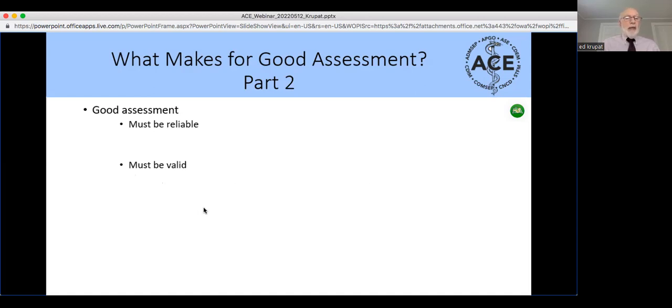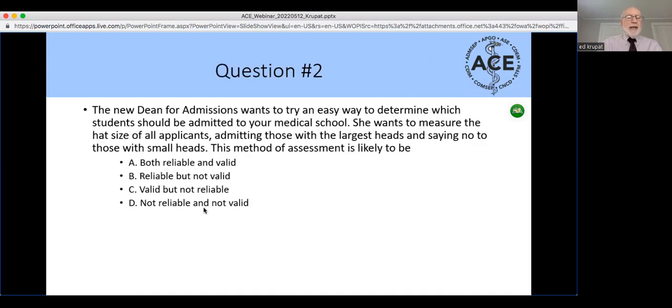Now, when you hear assessment discussed, what you will hear basically every 3 seconds is, oh, well, it has to be reliable and valid. And people toss around those terms loosely, interchangeably, incorrectly. And again, I like to think that my medical school, Harvard, has a lot of very smart people, and it does. But if I told you how many times I heard those words used in ways that I wasn't too happy with, it was common.